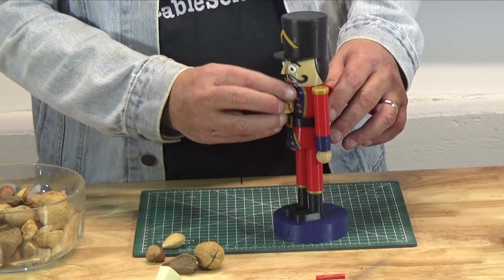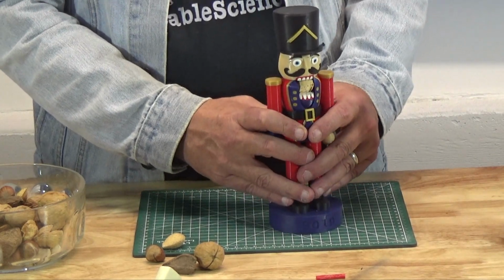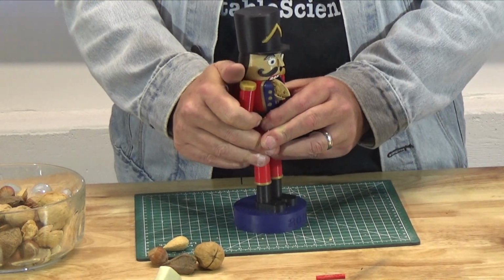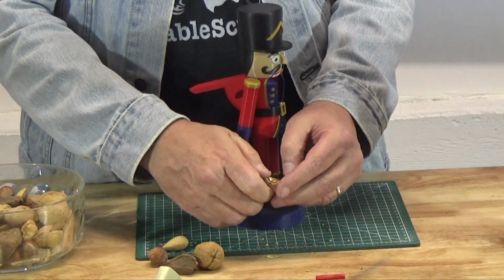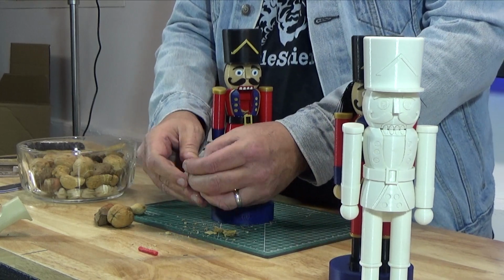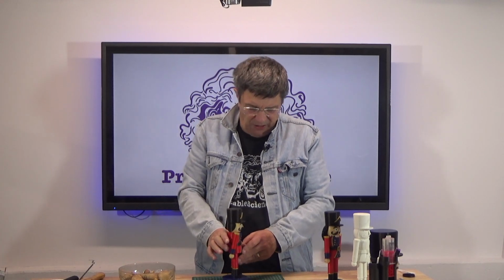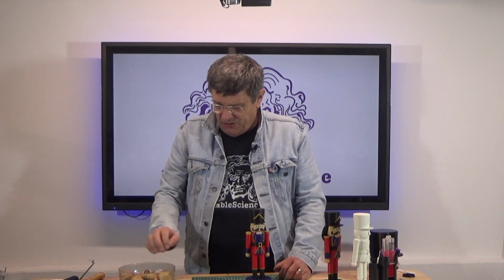But to show you at least the concept, you just put the nut in there and you press on the handle, and voila, as they say, you get a cracked nut. Shell fresh almonds, let's give that a try. So, there you go. A working nutcracker for almonds